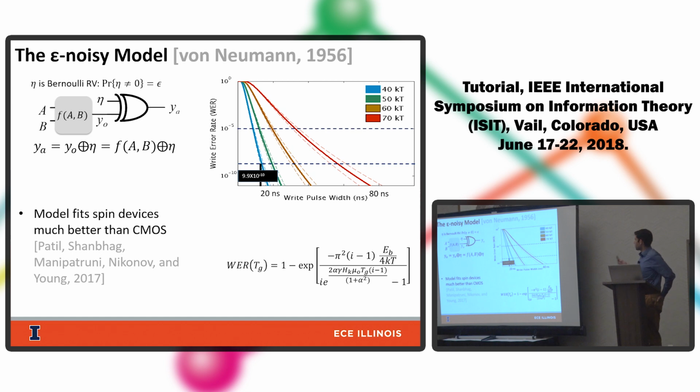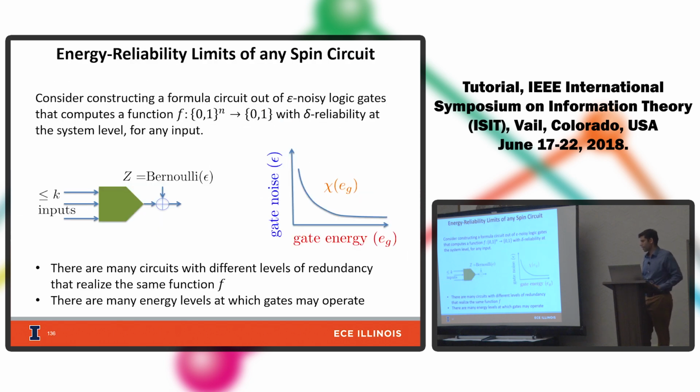using the epsilon noisy model of von Neumann that also holds for spin electronics in asking the Pippenger, Hajek, Evans, Schulman type problem of what's the circuit complexity we need to do reliable computation given how noisy the individual gates are, except that now we have energy. So we're thinking of these logic gates as having the property that their noise level decreases if we put in more energy. Okay, we have this chi function, a new chi function, which relates how the gate noise decreases as a function